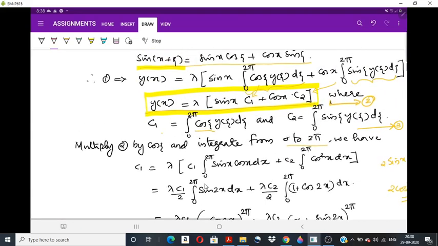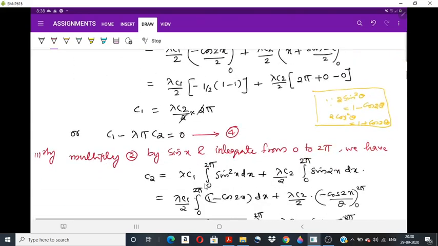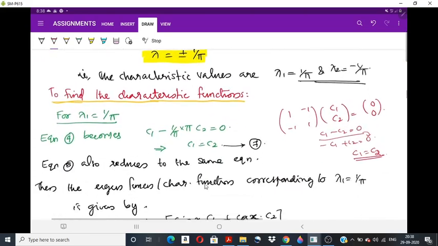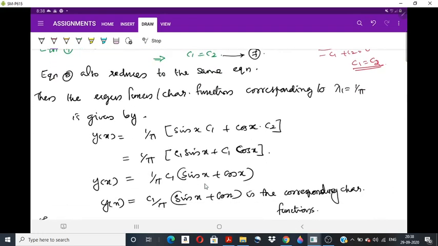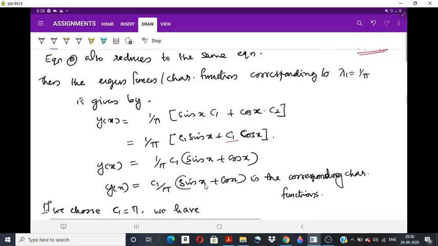Now we have C1 equal to C2, so instead of C2 we can apply C1 itself. So we have C1 by pi into sin x plus cos x. We can take C1 by pi as another constant, so we have y of x equal to a into sin x plus cos x, where a is